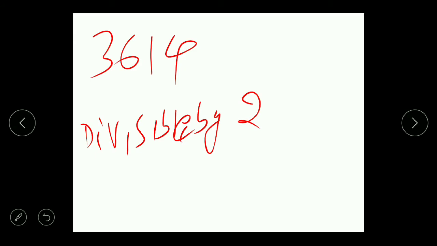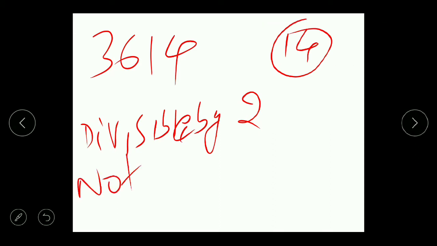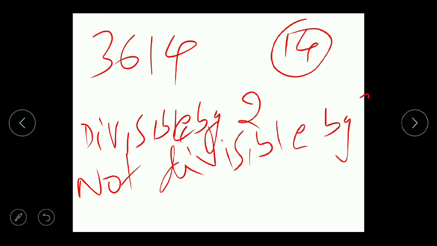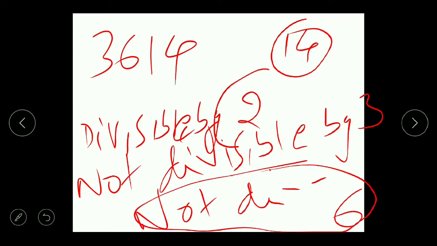Take the sum of the digits: 3 plus 6 plus 1 plus 4. 3 plus 6 is 9, 9 plus 1 is 10, 10 plus 4 equals 14. So the sum of the digits is 14. 14 is not divisible by 3. Therefore this number is not divisible by 6, because even though this number is divisible by 2, it is